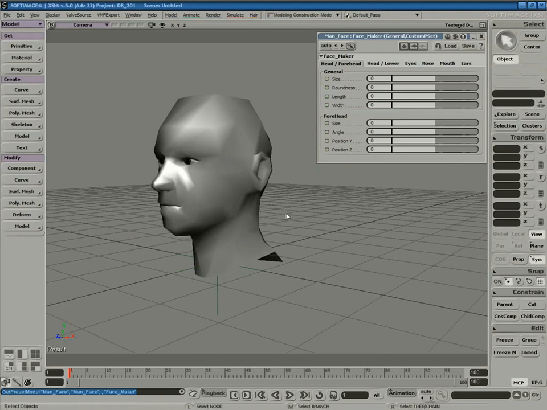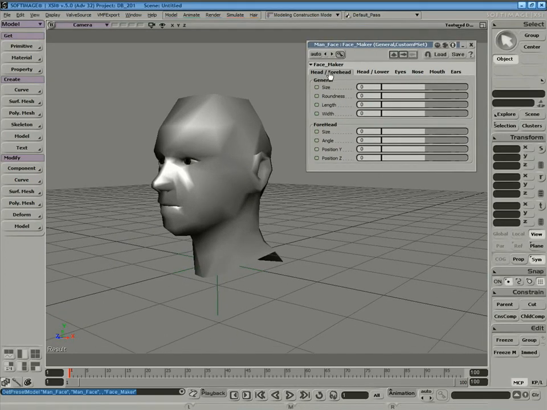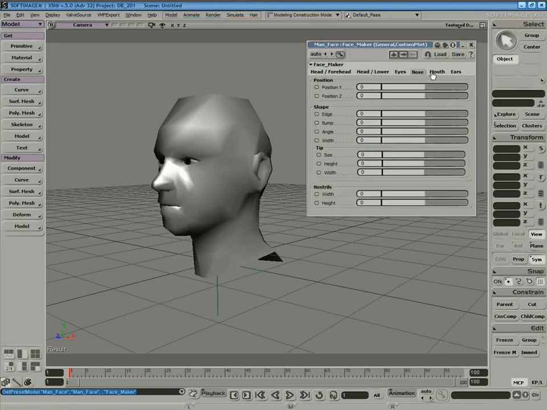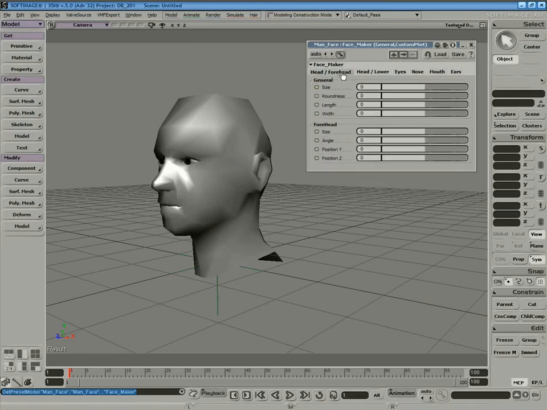Notice that the property editor is broken down into several sections. Head forehead has some basic size and shape parameters. The lower head has sliders for cheeks, the jaw, chin, neck, as well as other tabs for eyes, nose, mouth, and ears. These sliders are really useful for making quick and simple adjustments that allow you to custom tailor your character's face. Pull out his forehead a little bit,